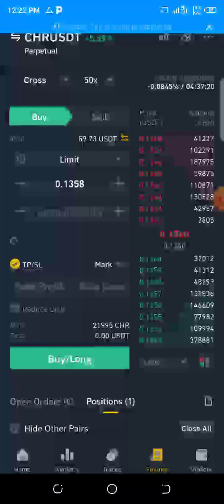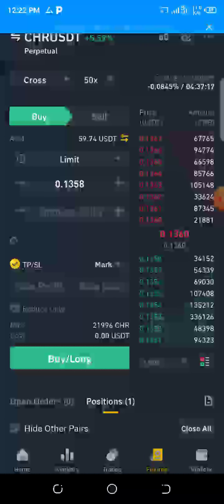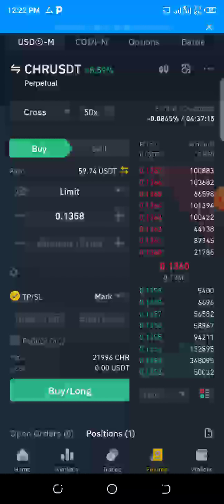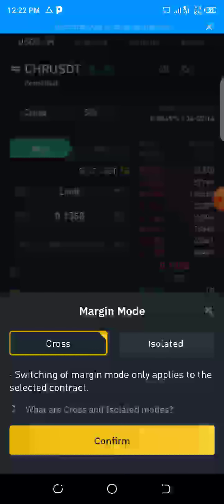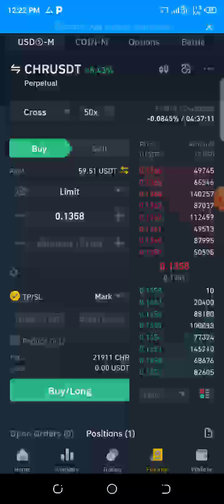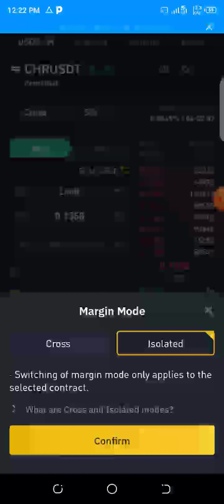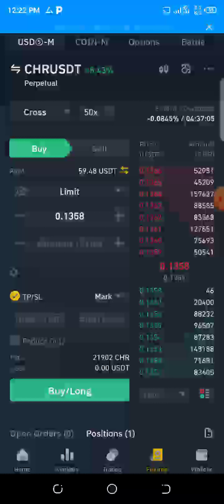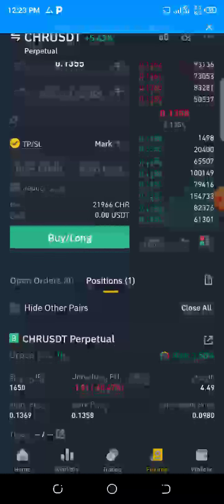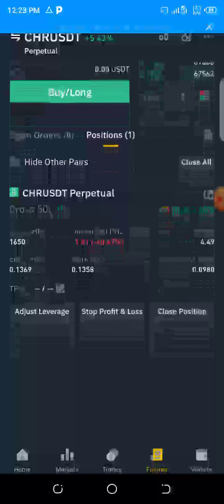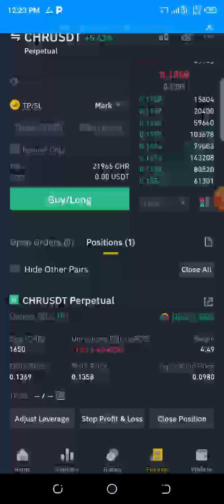It will now sweep to my balance here and start eating from it, because I'm using this cross margin I spoke about earlier. That is why it's advisable you use the isolated. This one I use the cross because I just entered without looking, but I know what I'm doing, so I'm not worried. I'm seeing the market. Understand?